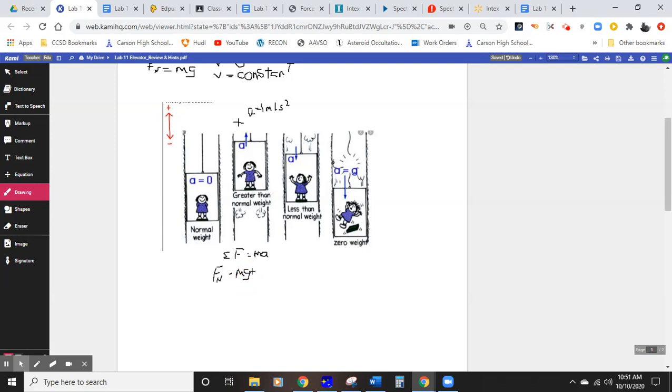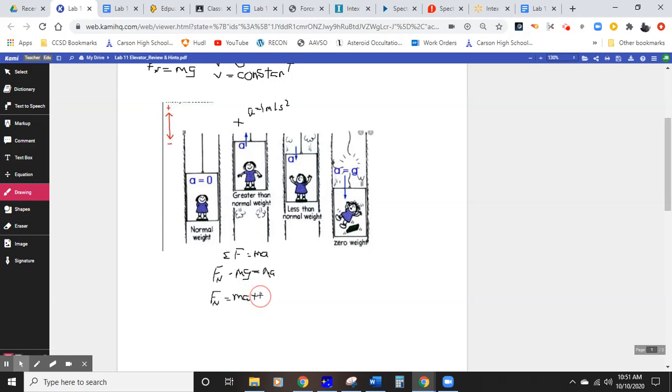Minus mg equals ma. Okay, so here the normal force, which is the scale reading. What is the scale going to read? The normal force is equal to, so here we have ma, right,